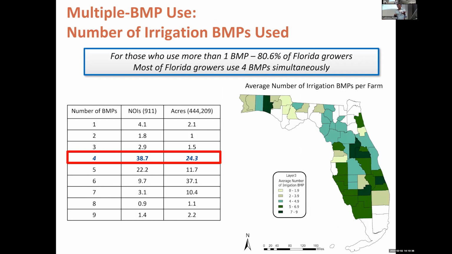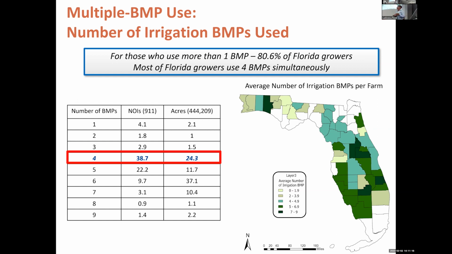Now, what we really wanted to get to is what multiple adoption looks like, and are there bundles in these? So about 81% adopt more than one BMP. The way the FDAX program is designed, people are being assigned multiple practices at once, and they're using them. That is a presumption that they're using them. But what we found is that almost 39% are using 4 practices. When you look at acres, it goes to maybe 6 practices using the largest amount of acres, but that's a big chunk of growers who are using 4 practices.